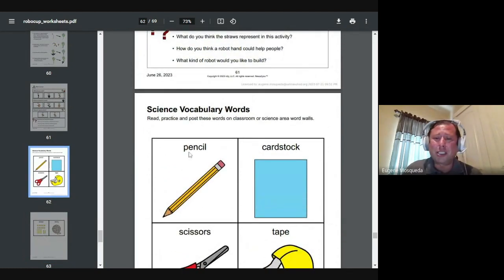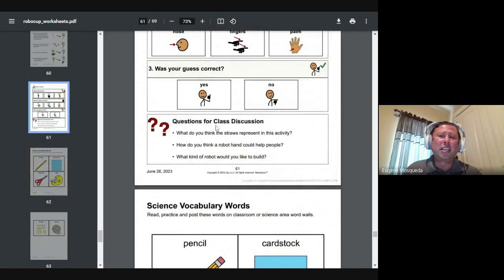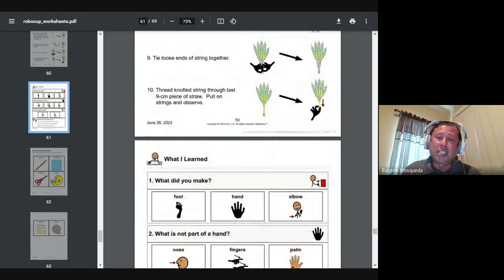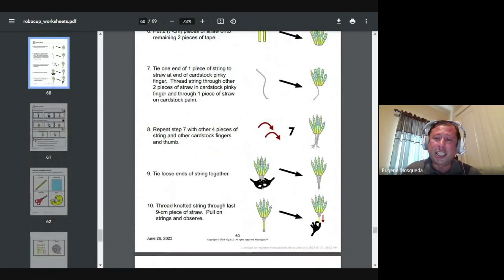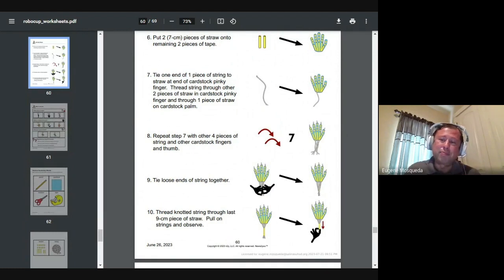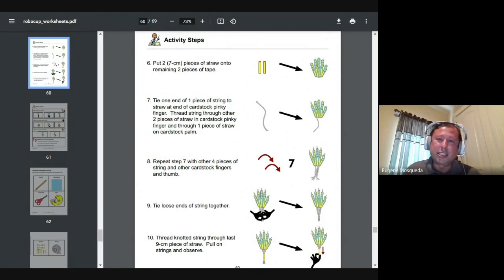nouns and being expressive. And then for this activity, the content is actually looking at mechanics and how a robot simulates a human hand with the nerve connections and the muscle connections. And then just very quickly, I know we tie this into our science standards.